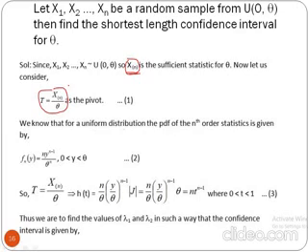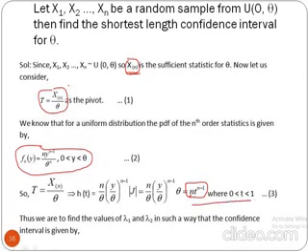We know that for a uniform distribution, the PDF of the nth order statistic is given by this. So this is the PDF of the nth order statistic for a uniform distribution, and we want to find the distribution of T. For that we make a small transformation using the Jacobian, and ultimately we find that the distribution of T comes out to be n t to the power n minus 1, with t lying between 0 and 1. So we will take this as a pivot, and with the help of this we will try to find out the